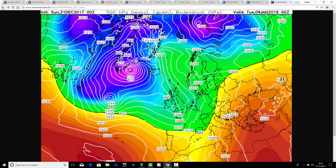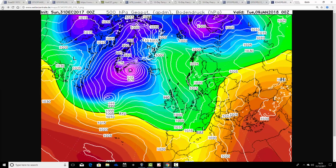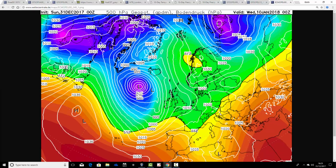But that sort of scenario does suggest the potential for a bit of a snow event from Tuesday to Wednesday next week, because the fronts really are struggling to push eastwards, and that's why the Scandinavian high is maintained over Scandinavia rather than being forced back into western parts of Russia. So obviously there's some uncertainty about how quickly the Atlantic will start to get back in through the course